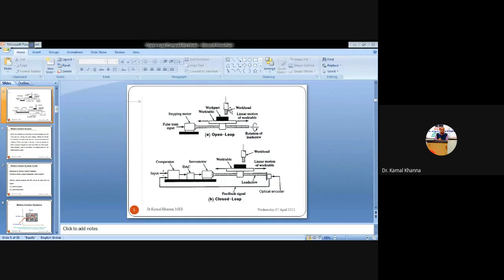Whereas in the closed loop system, there are two kinds of foolproof systems. One is the simulation process. At the time of the simulation process, you are getting the feedback during the simulation also, that is, you are getting the feedback at the 3D model while you are generating the wire diagram, or while you are generating the 3D model, or while you are performing all the simulations at the simulation level or at the R&D department.